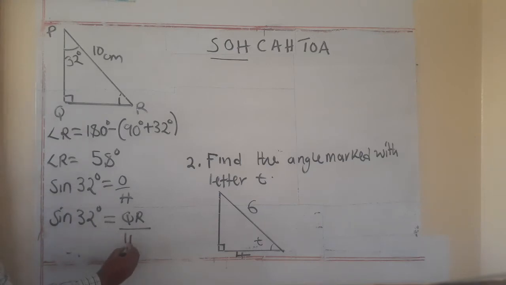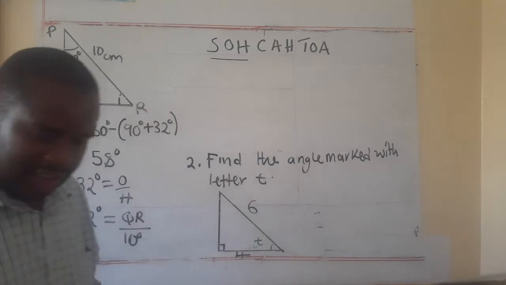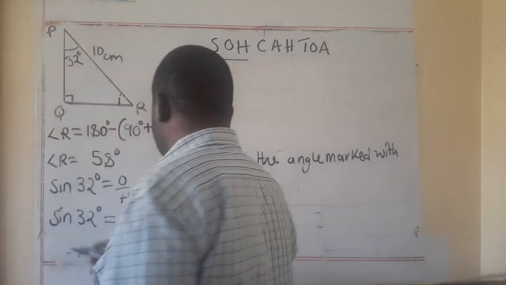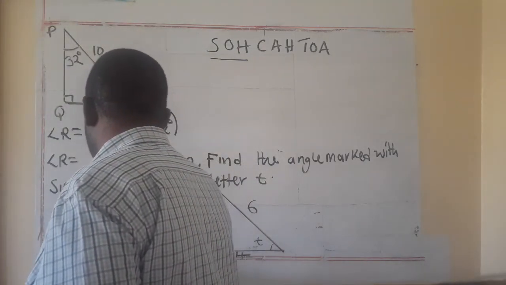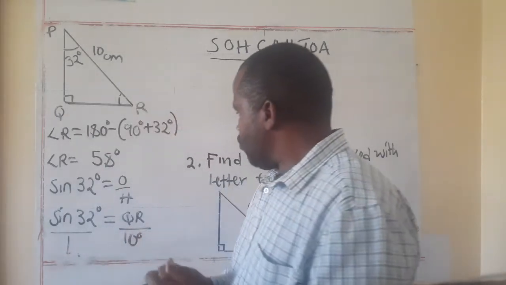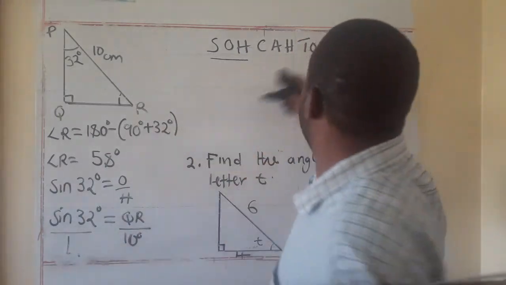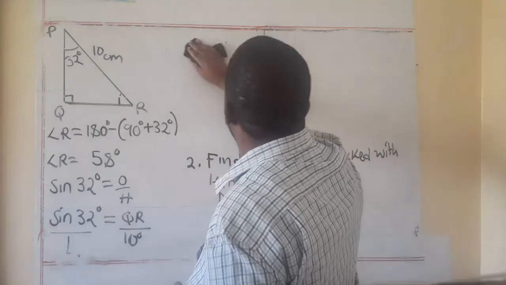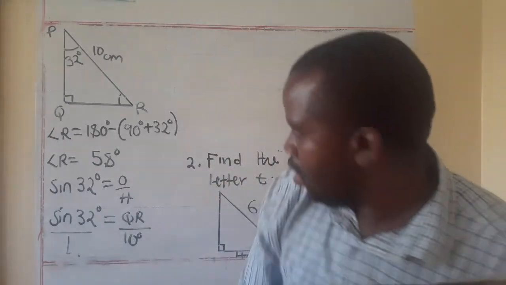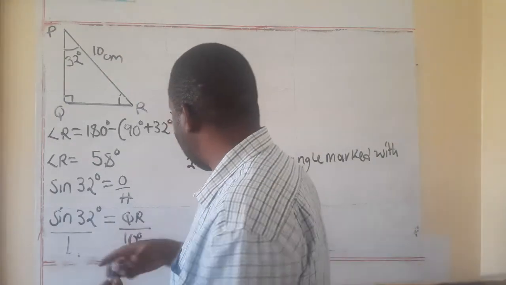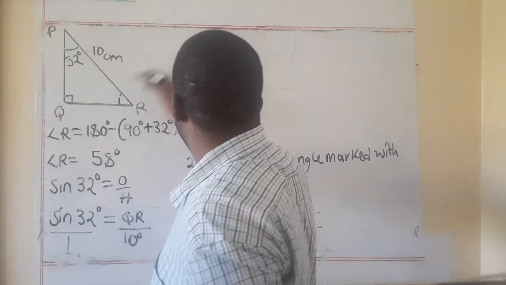Our hypotenuse is 10 centimeters. So if you introduce a dummy one here, because 1 into that, you get that. So what are we going to have? We are going to have 1 by QR, you get your QR